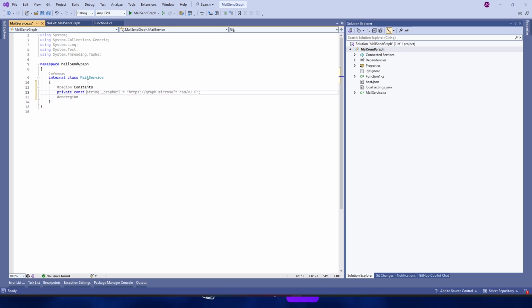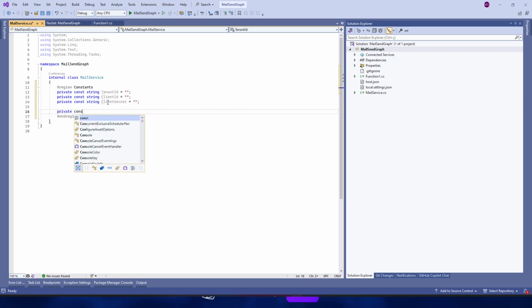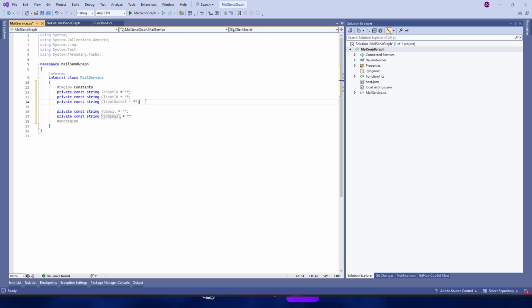Private const string tenant ID, client ID, and the client secret. Private const string to email, and the from email. It will be necessary to go back to the Azure portal to get the tenant ID, the client ID and the client secret information.